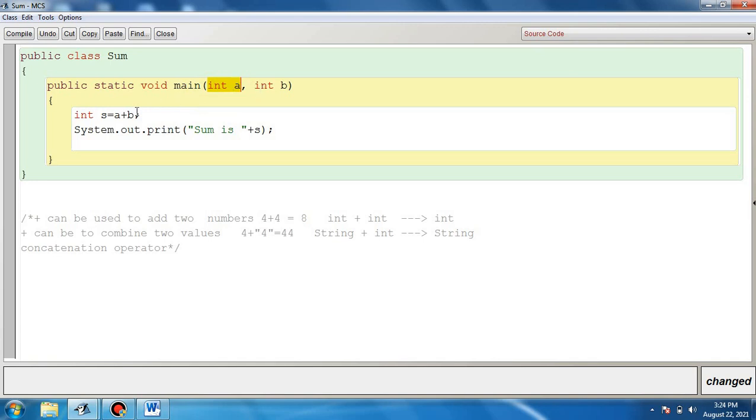Now look at what will happen when I run this program. What is the value of a? We are not aware. What is the value of b? We are not aware.